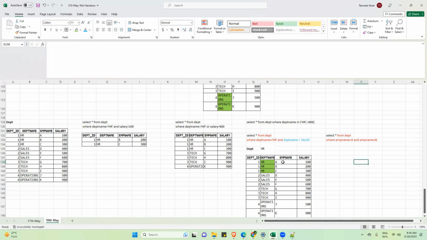You are telling I want employee A and employee B both on the same record. That is not possible. You can get two different records, but AND condition means both conditions have to be satisfied. Then how is it possible that employee A and B can be present in the same record? So what we learned: the AND operator with the same column name doesn't have any functional use case.